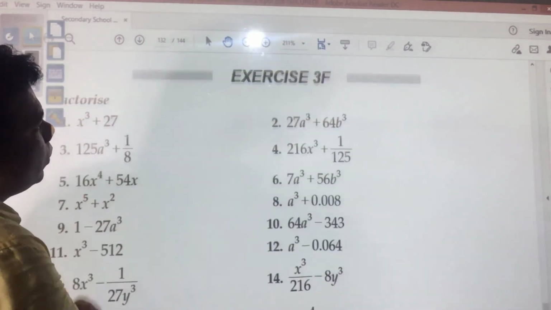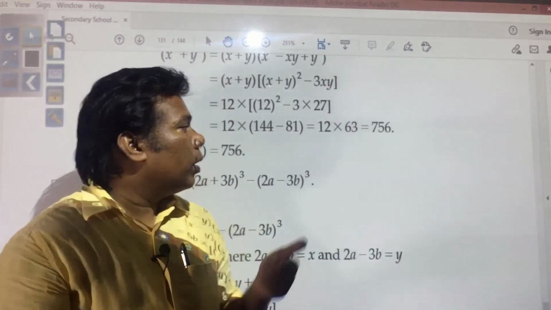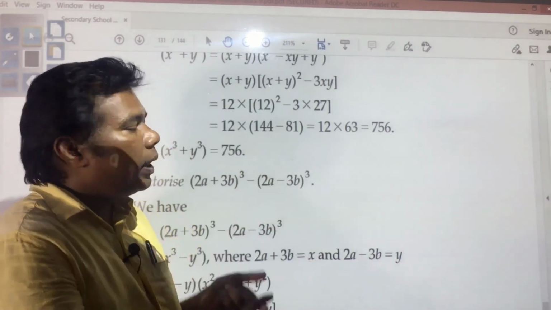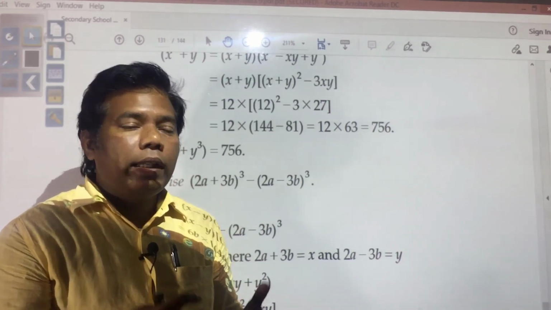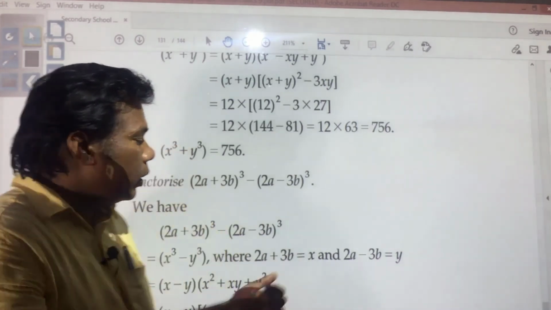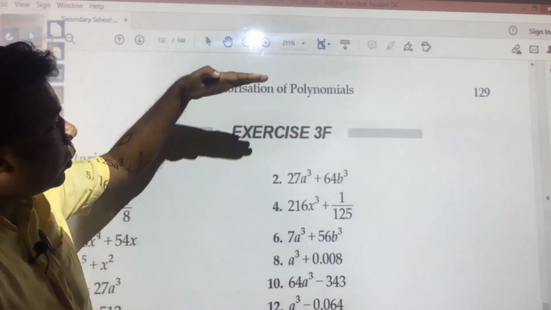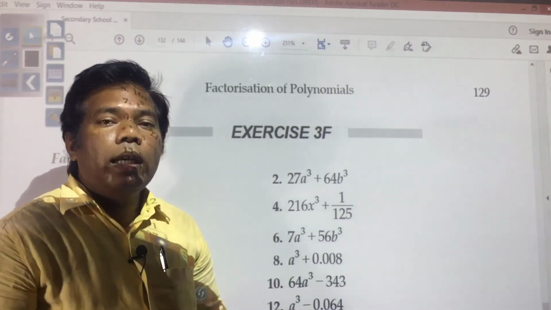After this you have exercise 3a. Each and every question that we have explained now in the solved examples, you need to write in your notebook and practice, and then only you will be confident that you will be able to solve this exercise. After doing that, you need to start exercise 3a, otherwise in the next class we will see exercise 3a.